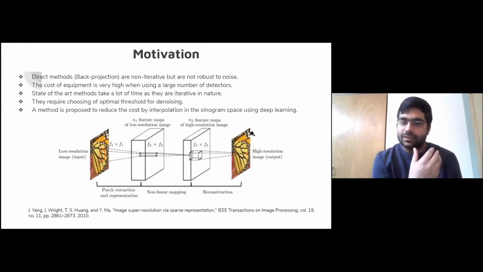So we thought we could use the same idea for the data in the transducer domain. When we get the data in the transducer, we can take data from only 50 transducers and then train a model which can produce the data for 100 transducers, and noiseless data. We did this not in the image domain, because when you go from the data domain to the image domain, you lose some features, and there might be noise in the image. So we did this in the normal data domain, the transducer data which is collected, and tried to go to a higher number of transducers. This will reduce the cost of the system.